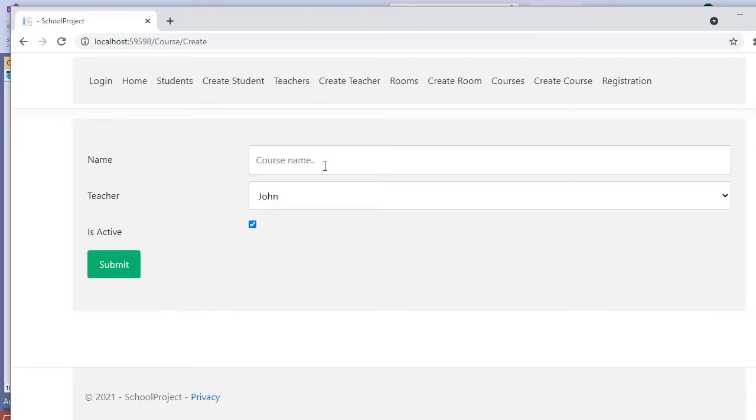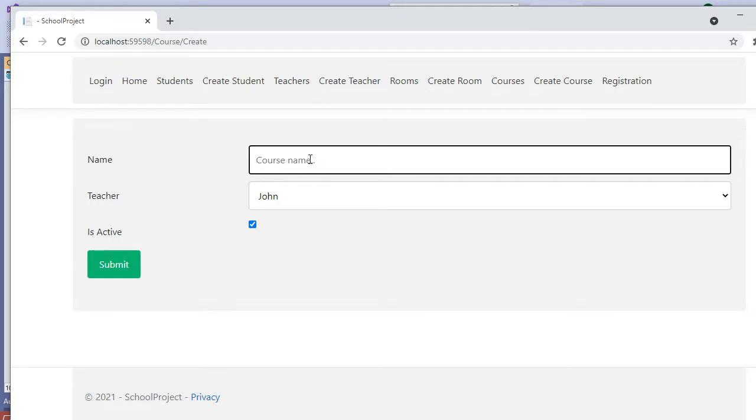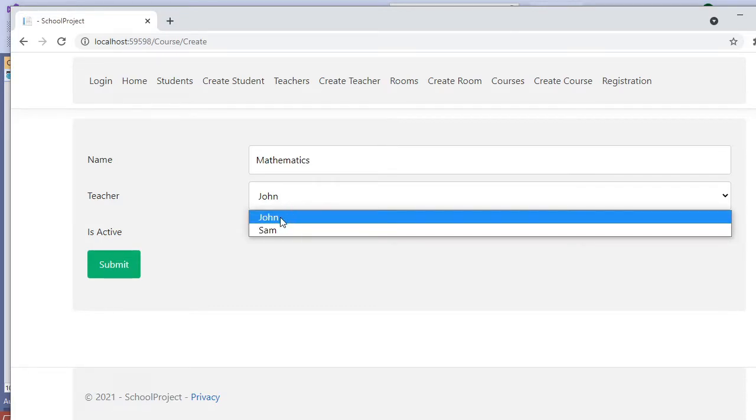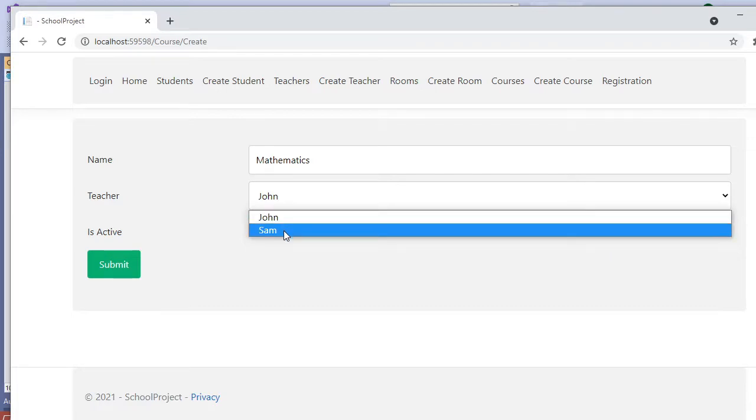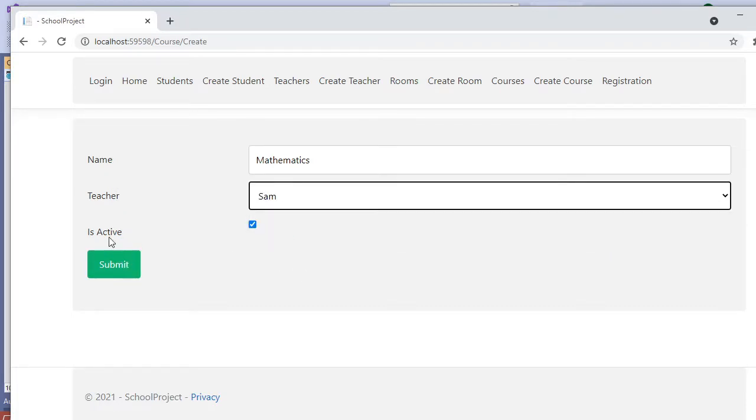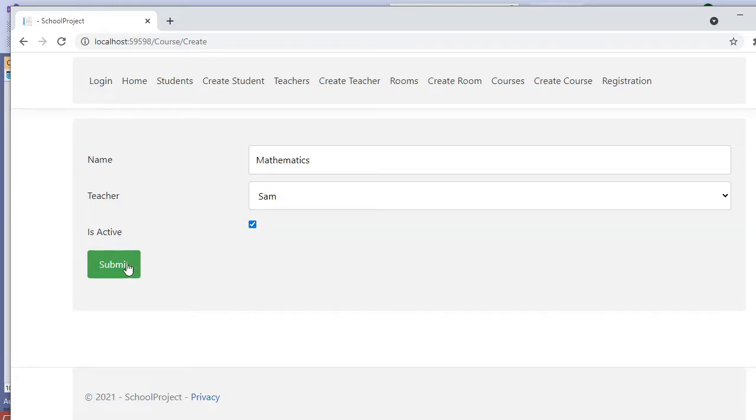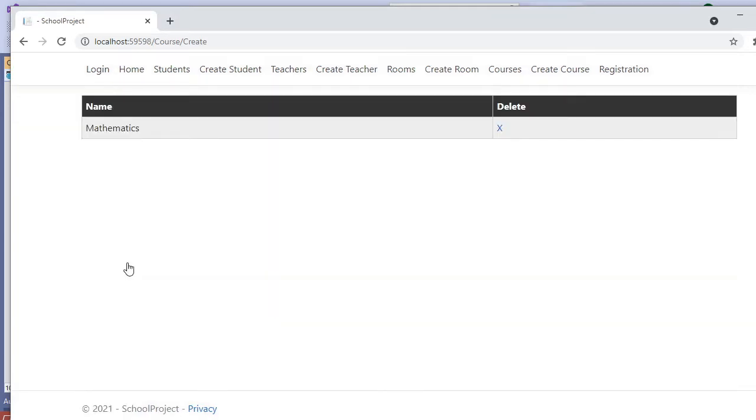So now it's working, and this is the course name. We can specify it like mathematics, and we can select the teacher like John or Sam. Let's take Sam for example, and this course is active. And let's submit and see if the submit will work fine. Yeah, it's working fine. So now we have added the mathematics course, and the mathematics course can be deleted also